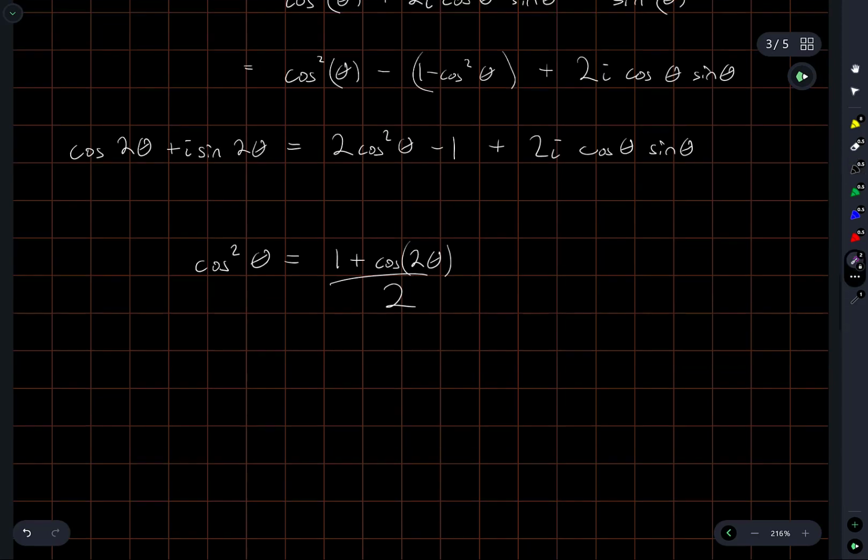Okay, if I identify the real and imaginary parts of this, I get cosine squared can be written in terms of cosine 2 theta. And so the integral that I need here